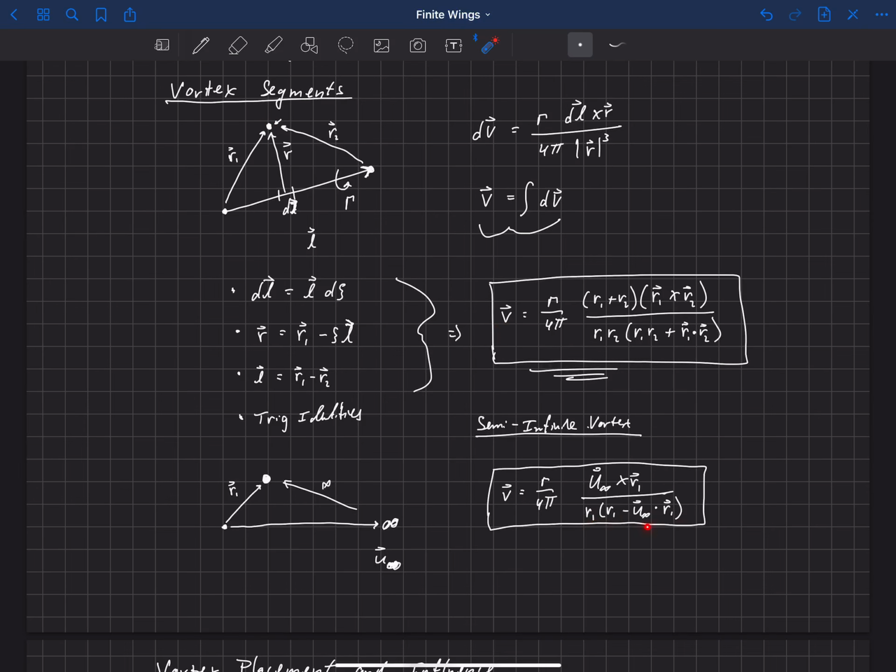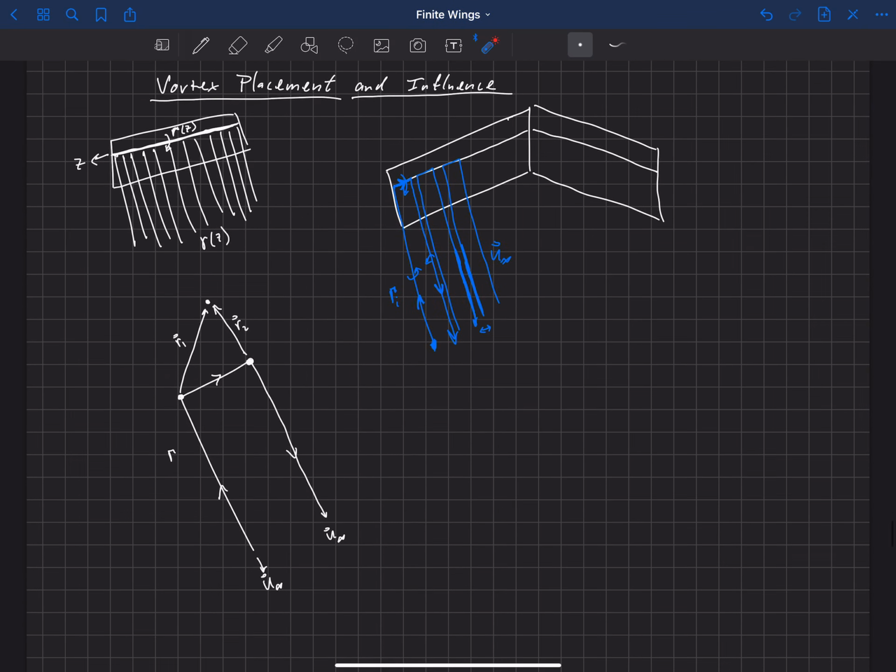And then this equation here is the equation that shows us what the induced velocity will be from one of these trailing vortices that goes off in the direction of u infinity. Okay, so we can just combine this equation here with two of these, because we have two trailing vortices, to get the total induced velocity by this complete horseshoe vortex on a single point. So I'll just write that out here really quickly.